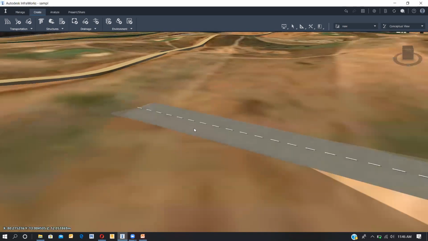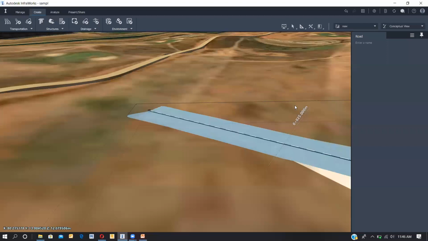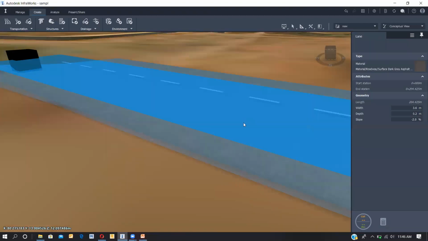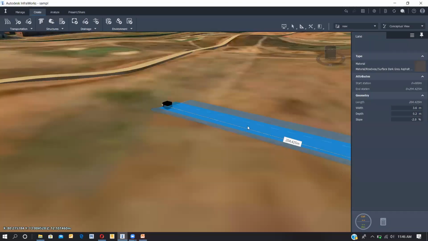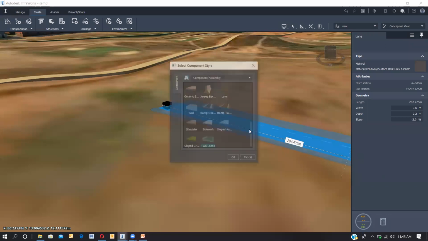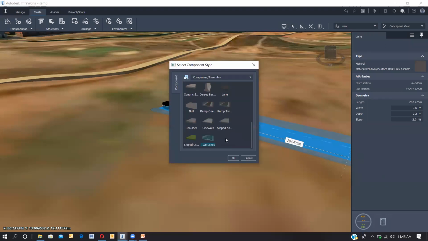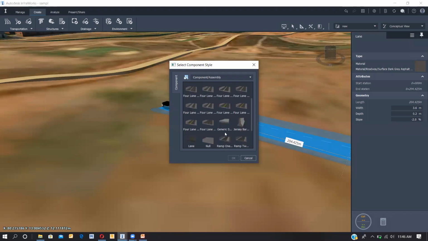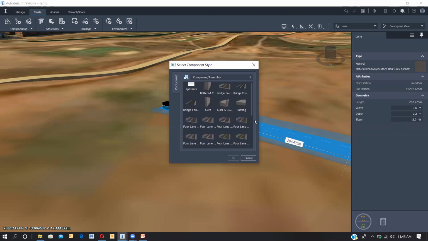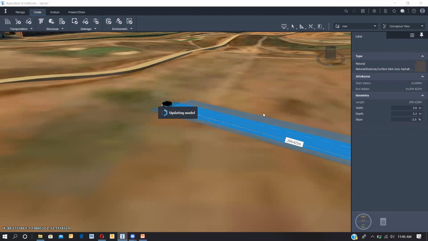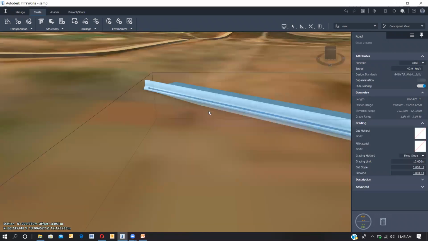Yes, you can select this road, like replace component. Can you see the elements which we saw there are visible over here? So assembly. So here, if I need a road with 4 lanes, I need a 4 lane road now. I don't want a 2 lane road, I need a 4 lane.